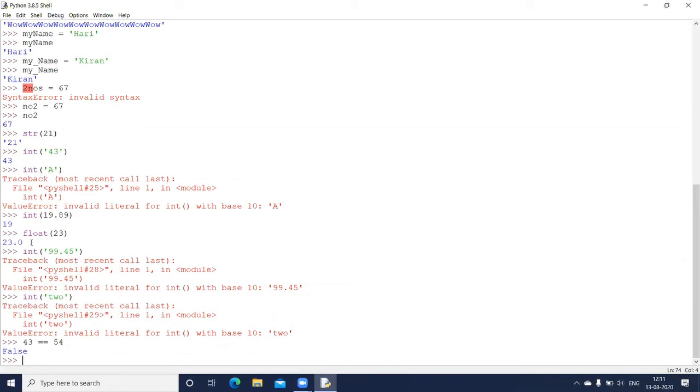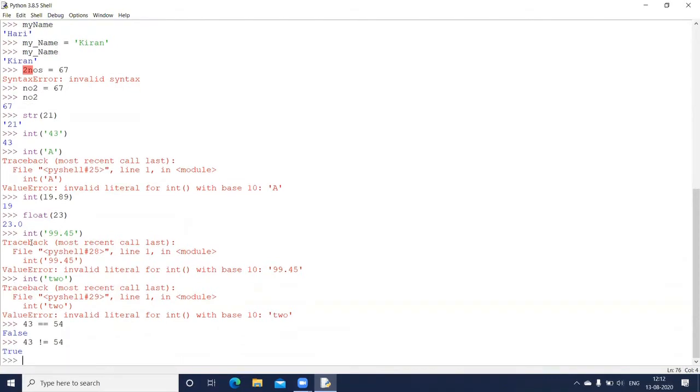The other operator which we can have is, again, I'll use the not equal to sign. Not is given by exclamation mark followed by equal to. 43 not equal to 54, and this condition is true, so I'll get true. Okay, and true is your Boolean value. Please remember, true and false are the two Boolean values which again can be compared. We'll see some more examples of this.